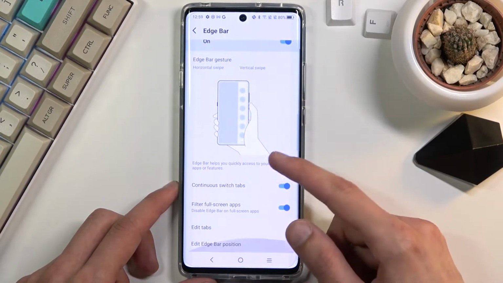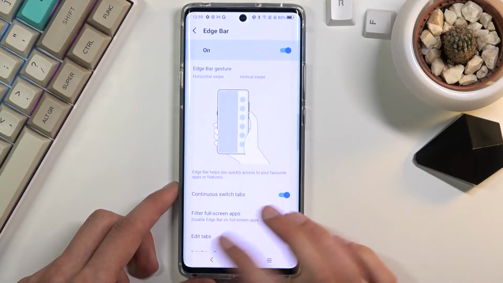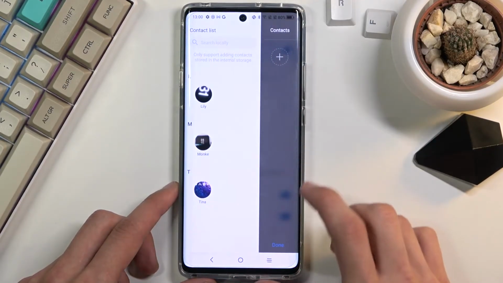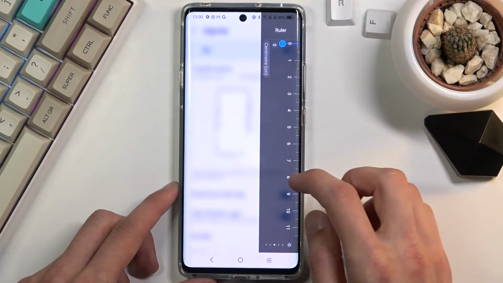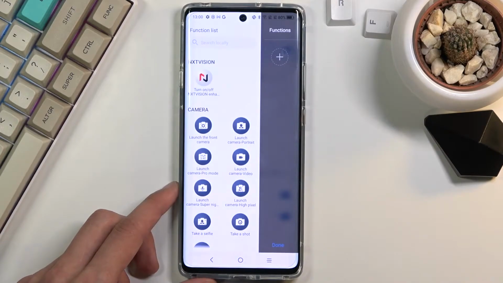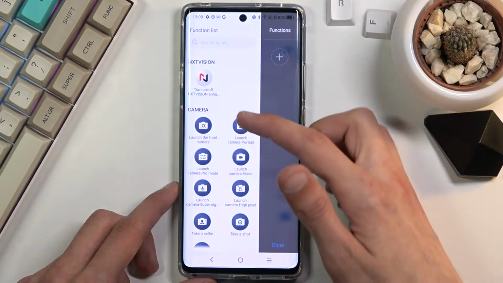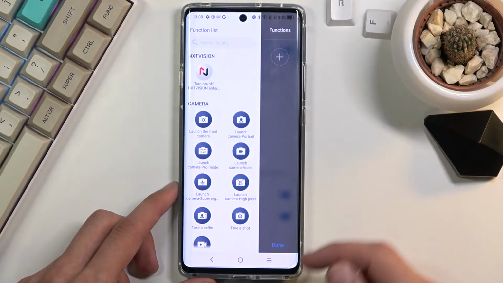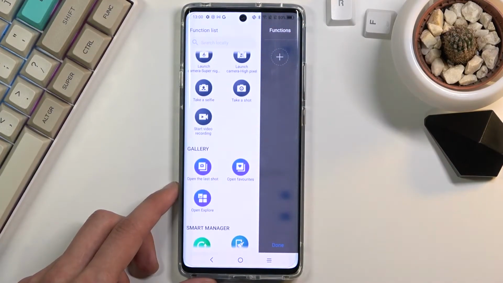So from now, let's go back, and if you want to add some apps to it, let's pull it out, and then all the contacts. So let me just go back. Ruler, remotes, functions. Let's see what we got in functions. In functions, we have things like turn off next vision enhancer. We have recording. So basically the majority of the things that you can find in the notification panel. Then below there we have a gallery,